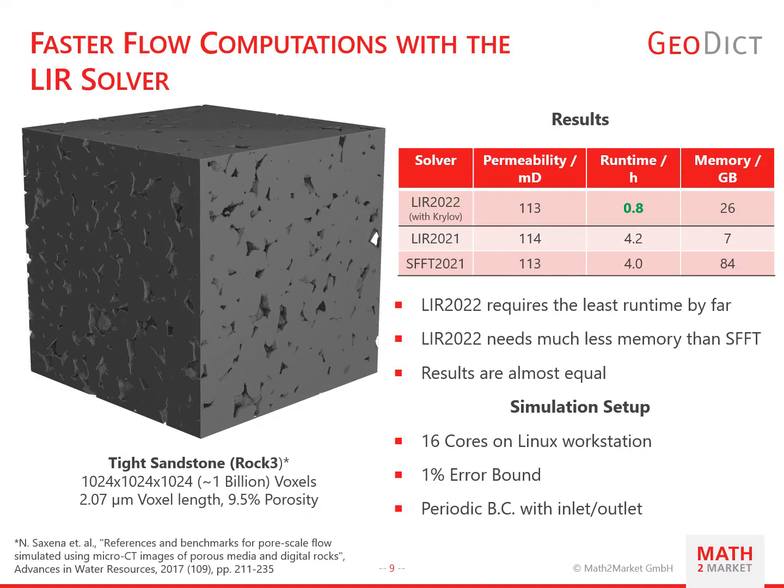For the Navier-Stokes solver FlowDict, the new acceleration method Krylov is available. This option reduces the runtime for challenging flow simulation drastically. Such simulations could be fast flows for complete filters or Stokes flows through low porosity rocks. The reduced runtime is paid by an increased memory consumption. In the default solver setting, this new option is used automatically, but it can be enabled or disabled by the user. On this slide, the effect on the runtime is shown for a tight sandstone. Compared to GeoDict 2021, the runtime is decreased by a factor of 5.